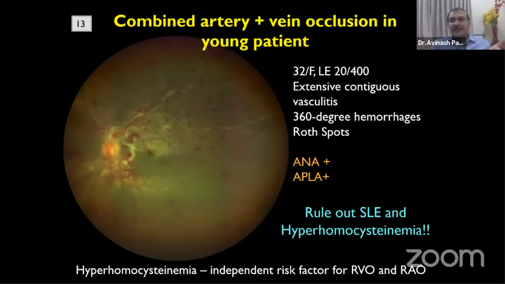Among other manifestations, we considered Roth spots, bilaterality, and a darker blood column. One more consideration, especially in the young, is a coexisting arterial occlusion. When a patient has a coexisting arterial occlusion, think about an etiology of either primary or secondary APLA, and rarely primary or secondary hyperhomocystinemia can also cause an associated arterial occlusion.